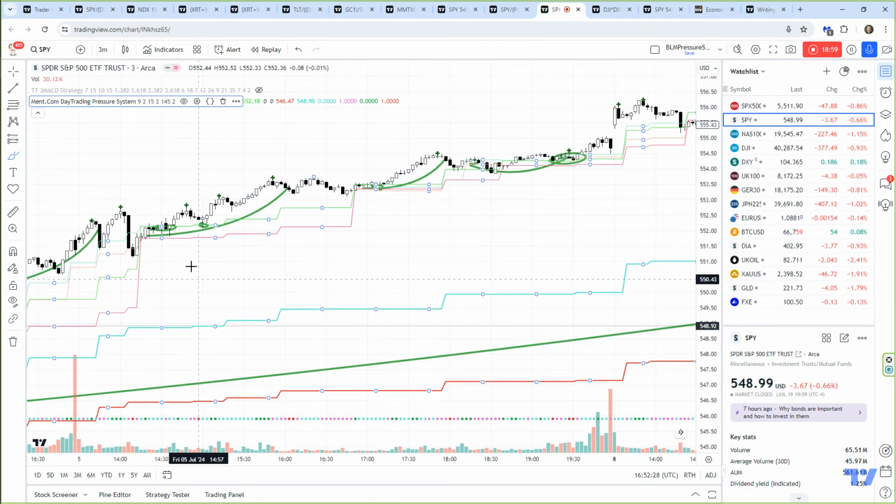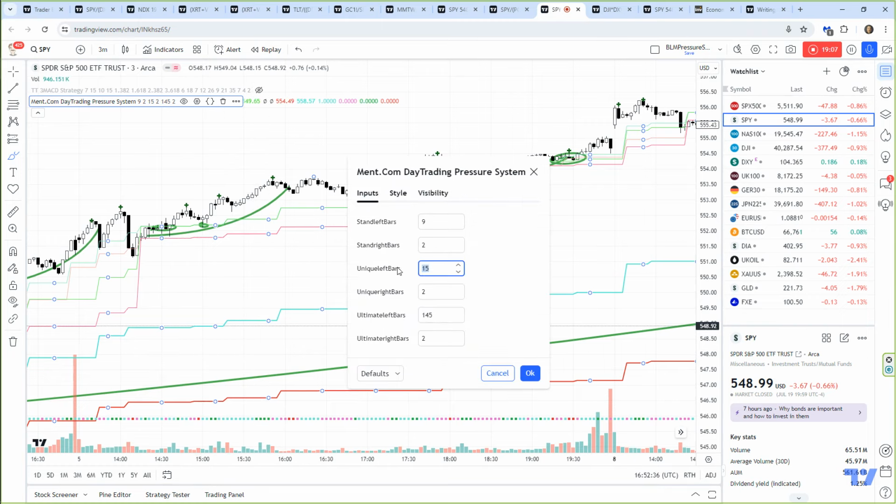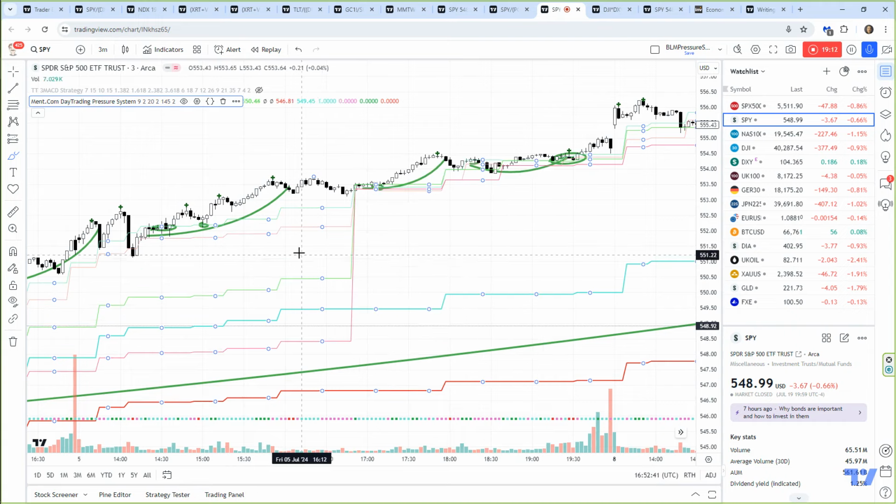And you can see now that the intermediate levels have tightened up. So when you tighten up the left side lookup bars, say 20, that's looking for those price pivots. So now we're looking at these levels here. These are our levels right here, and we're moving through these congested periods, trying to find where price is structurally